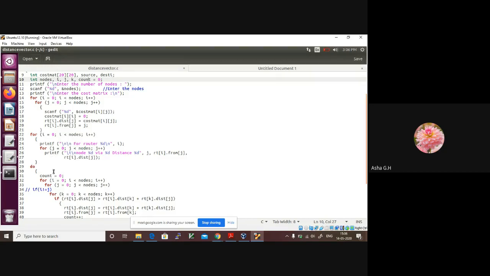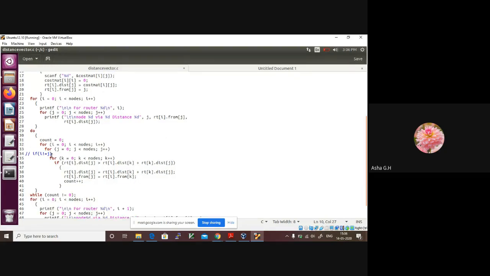After this, we have a very important part here. This will explain how to find out the least cost path from one node to all the other nodes. What we are interested in finding out here is the distance. If we have 4 nodes, say for example A is my first node, I should know how to reach A to B, A to C, A to D with the least cost.